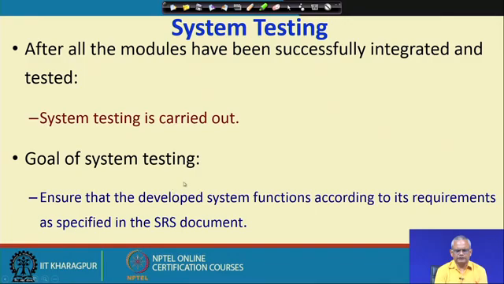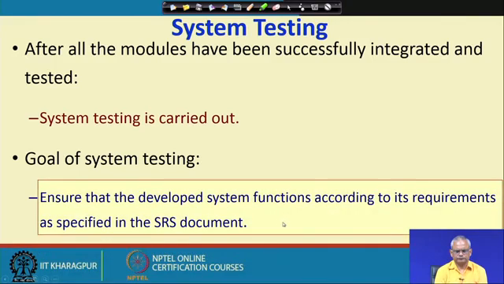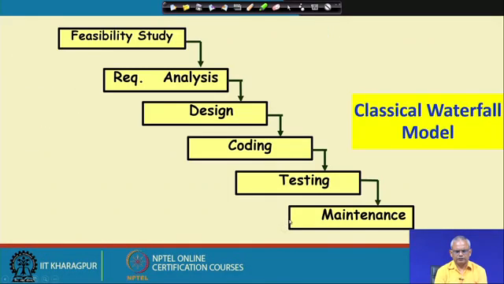So, the goal of system testing is to check if the developed software satisfies all the requirements that have been expressed in the SRS document. And once the system testing is done, the software is delivered to the customer, and then is the starting of the maintenance phase,